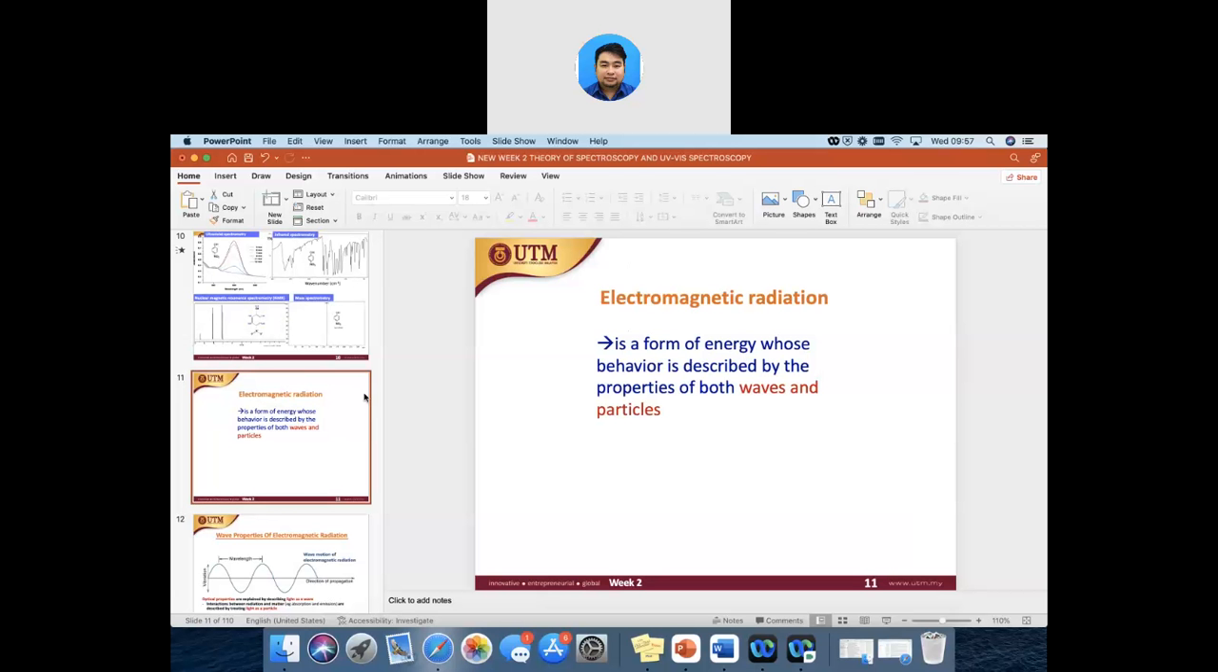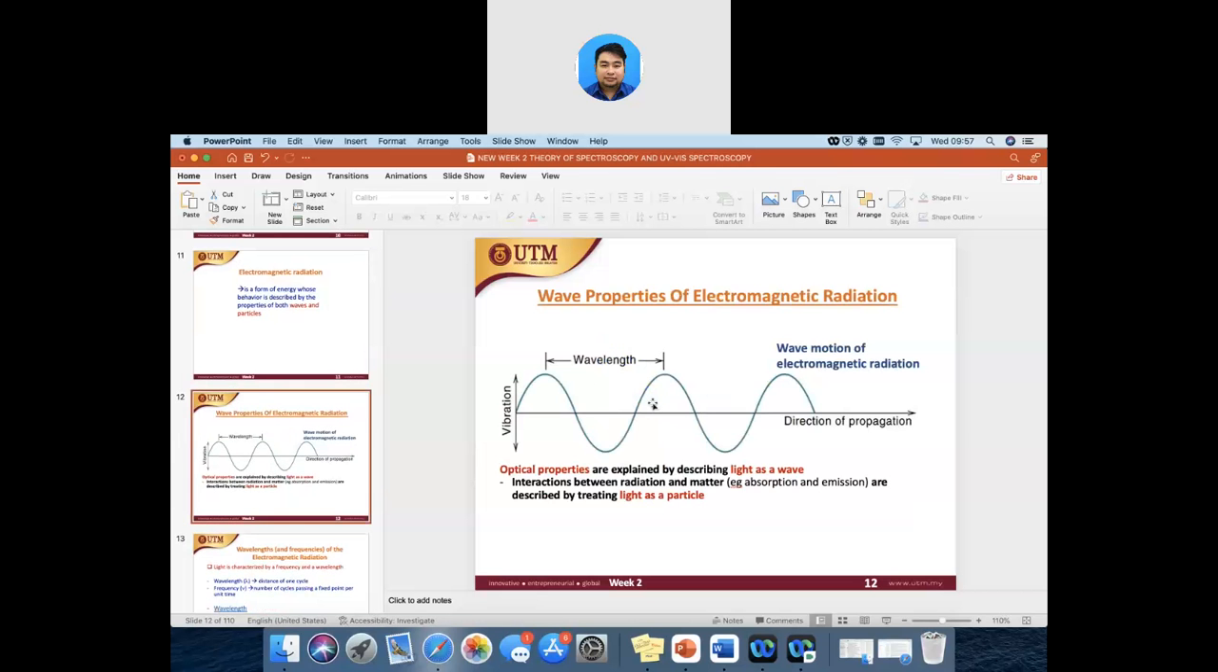Okay, electromagnetic radiation, there are many types, as we have looked at before. So it is a form of energy which the behavior can be described by the properties of both waves and particle. Okay, so basically electromagnetic radiation is a form of energy that can be described in the properties of both waves and particles. Okay, you can imagine that electromagnetic radiation ni, when we are talking about their wave properties, okay, you